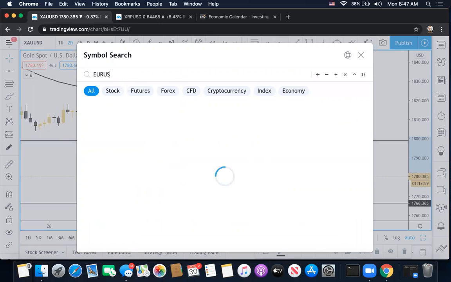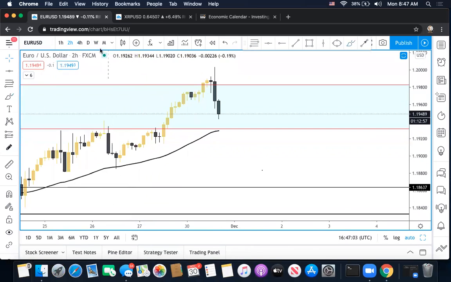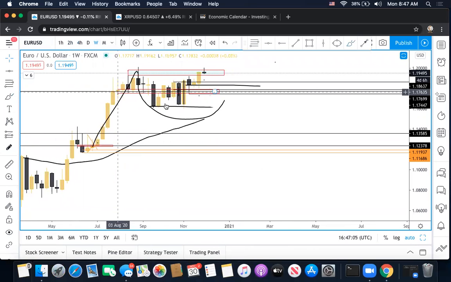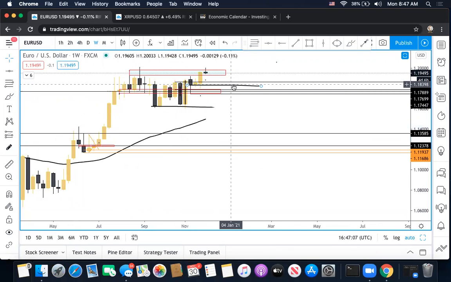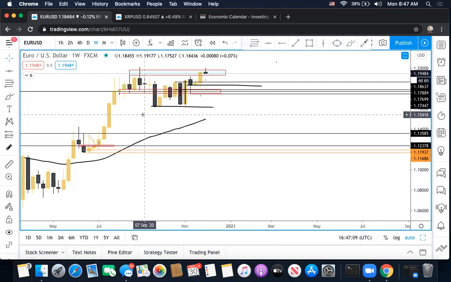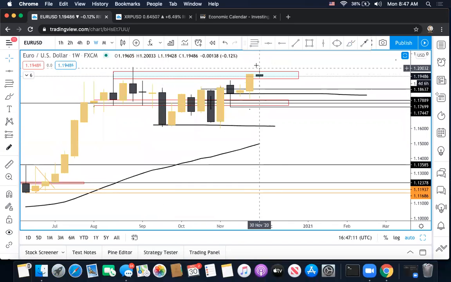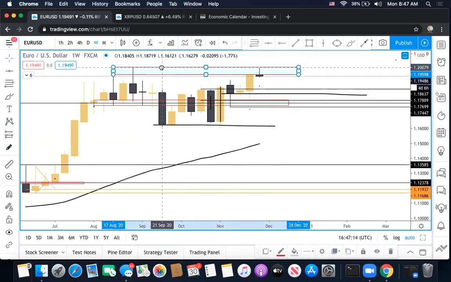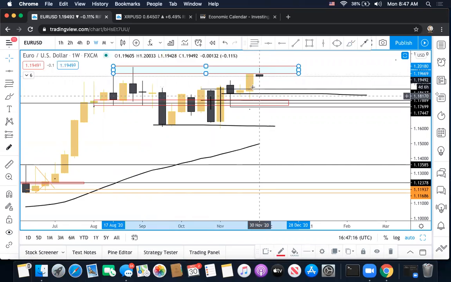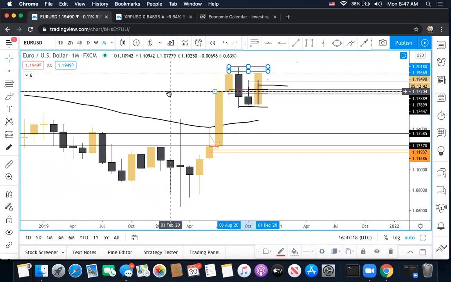All right, did I go over EURUSD? All right. So EURUSD is similar to the AUDUSD and other dollar pairs. We pushed up to this critical region at this supply zone, and right now we're looking like we're going to get a rejection. But overall, the momentum is still bullish.